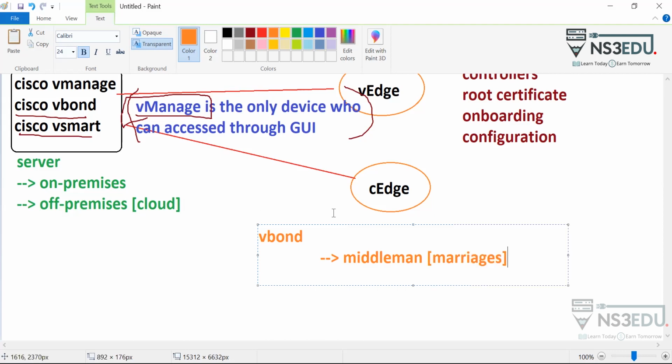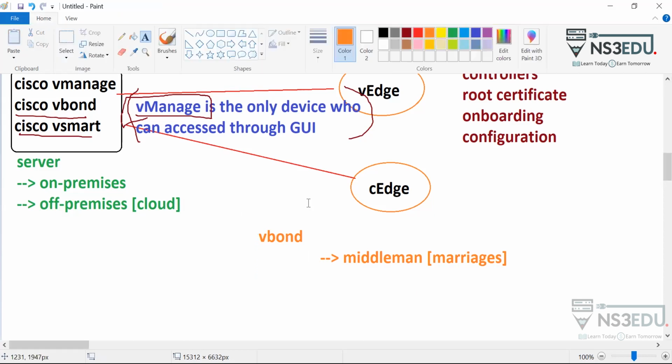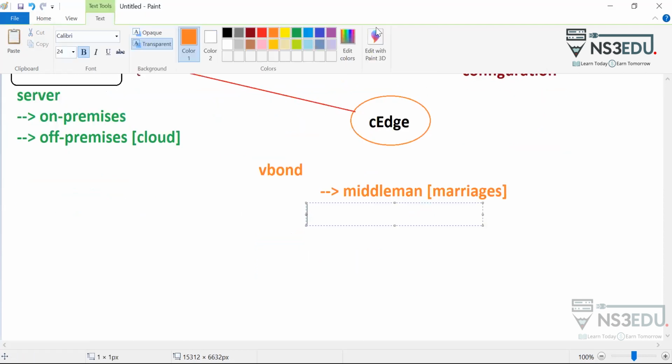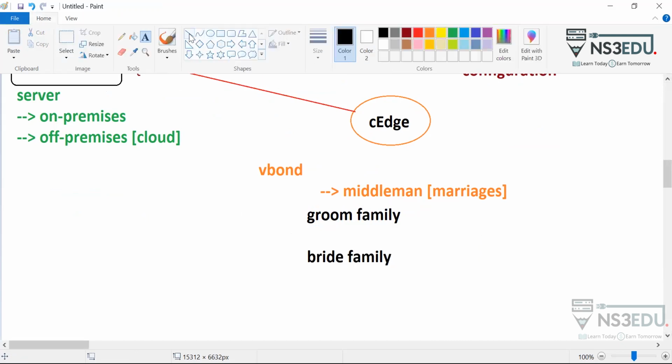The middleman is responsible for providing the connection between the groom's family and the bride's family, right? Yes. So first of all, the groom's family knows the middleman, and the bride's family also knows the middleman. Then they will be introduced to each other, and after marriage,